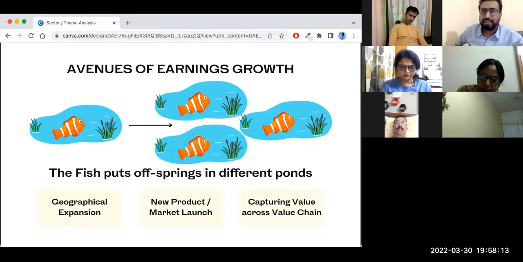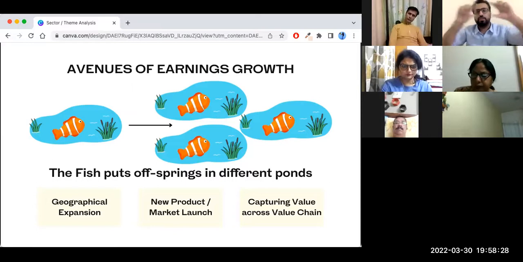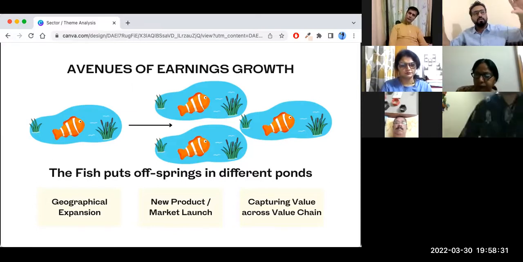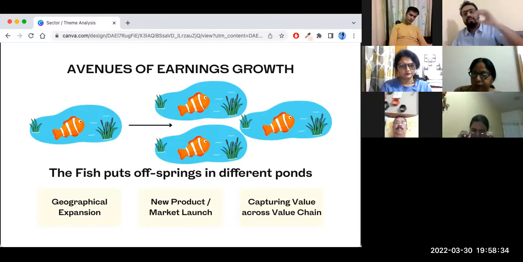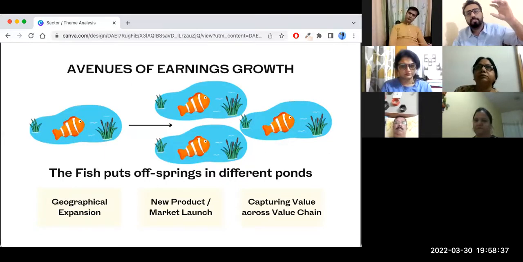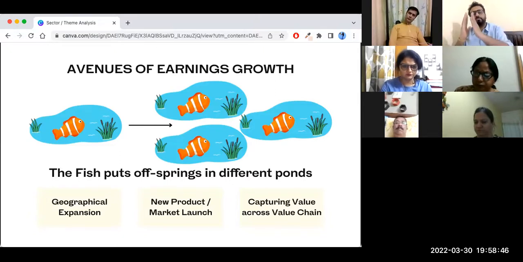Now, of course, it has some intersection with newer product launches or getting into newer categories, but it has other benefits also, which is the benefit of cost advantage. I'll also be explaining the value chain in detail going ahead. So value chain is nothing but whatever steps are involved in the making of the final good or the final service; all those companies are part of the value chain. And I told you in the masterclass as well that if you expand across the value chain, if you do forward integration or backward integration, then you get cost advantage as well.